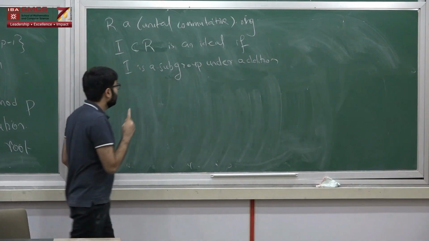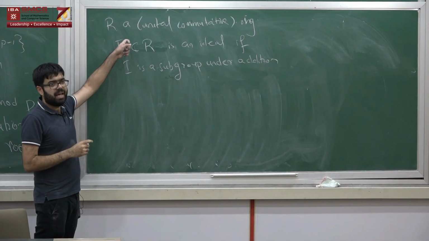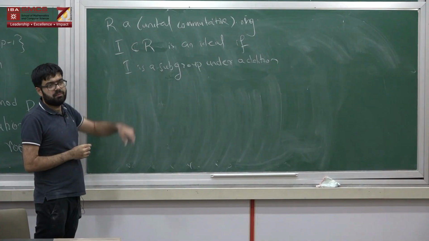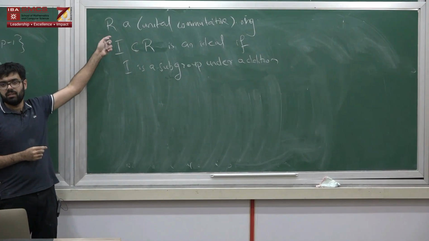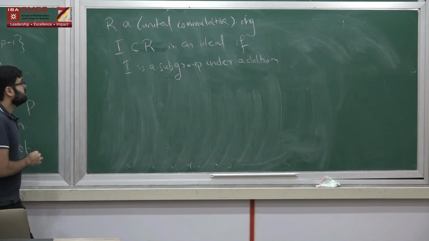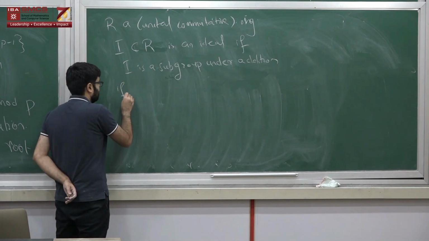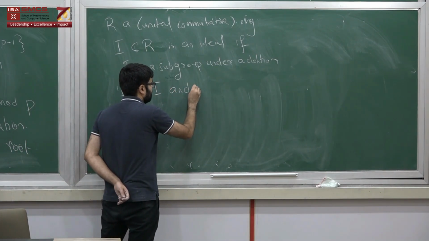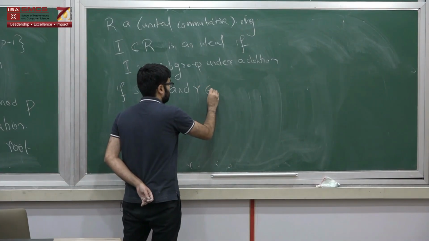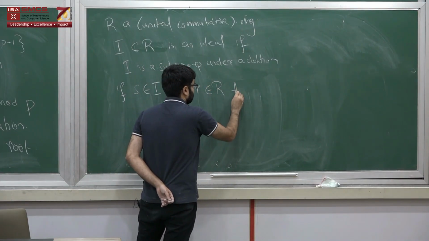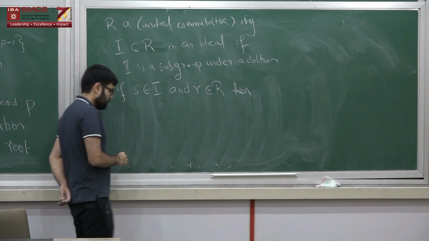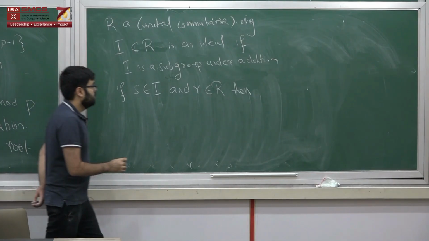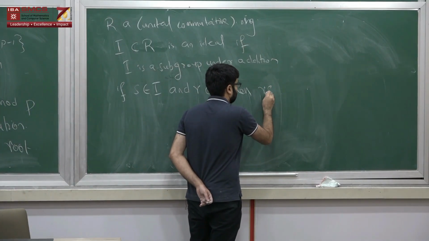So what this means is that if I add two elements of I I get another element of I, and 0 is here. And the other thing I want is if s belongs to I and r is in the ring, then rs